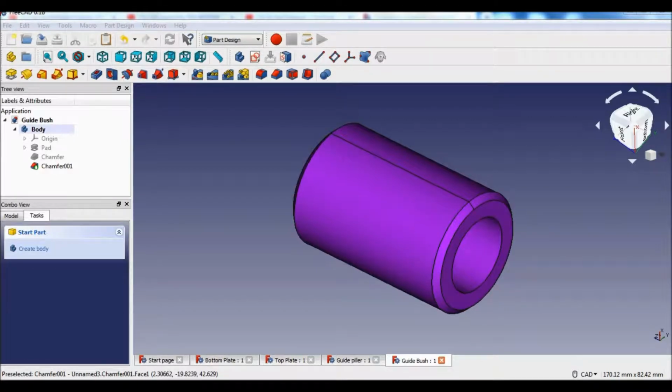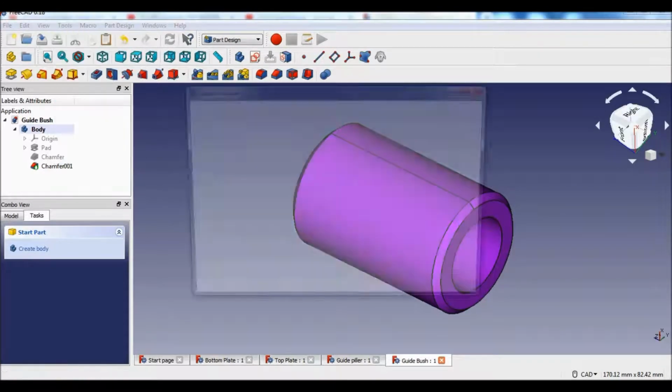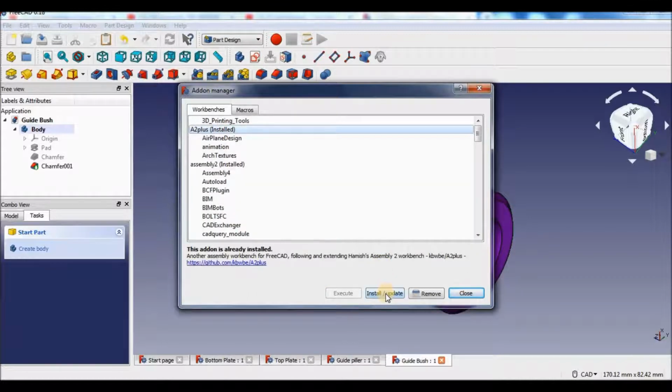So for the assembly, you need to install an extra tool named A2 Plus, and that tool can be installed from the option Tools, Add-on Manager, select A2 Plus and click on the install/update. As you can see, this tool is already installed in my system, so I will not install this A2 Plus again. So I'll close this window,